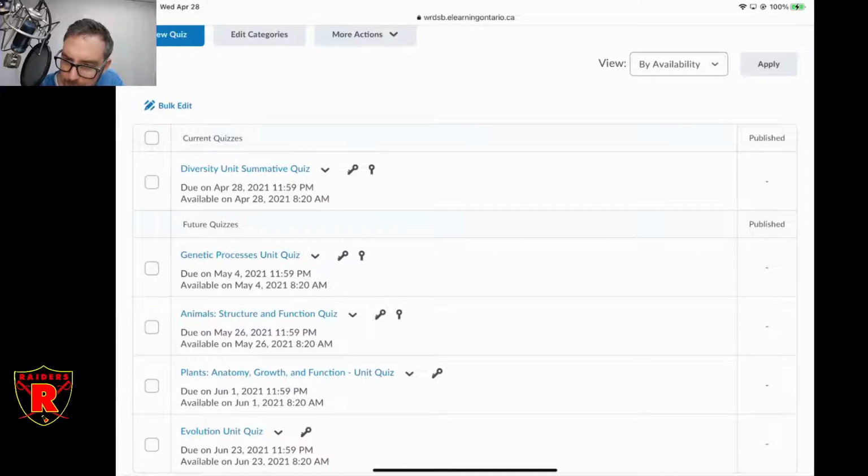Will the summative quiz be approximately the same length as a practice quiz? No, not at all. It's much longer. Keep in mind, it's questions that are encapsulating the entire unit. So it's not going to be like one of the practice quizzes. It's significantly longer. Now, are the questions similar in scope to the practice quiz? Yeah, they're sort of similar in scope. There's some challenge questions. Keep in mind it's open book.